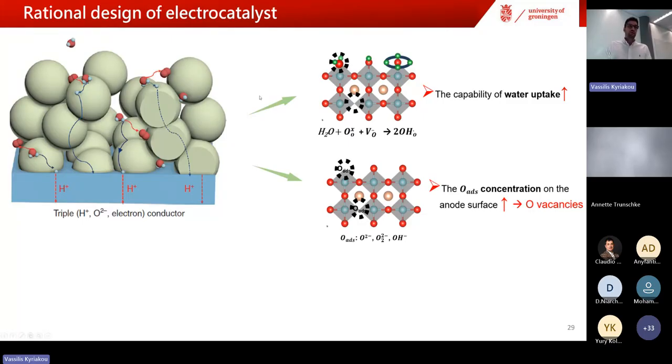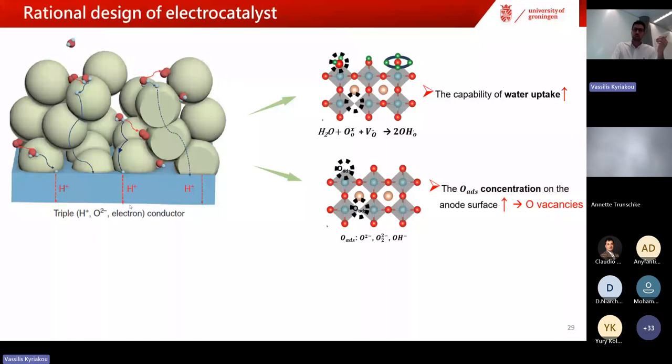Perovskites are particularly interesting because what the mechanism requires is that you have to absorb the water, the steam, and then you require vacancies and oxygen of the lattice so you can create the protons that will be diffused through the electrolyte. So this that you see here, the 2OH−, practically is a proton which has been trapped around an oxygen in the lattice. And these are the protons that move. They don't move like separate protons in this type of conductors. Practically, they are hopping from oxygen to oxygen.